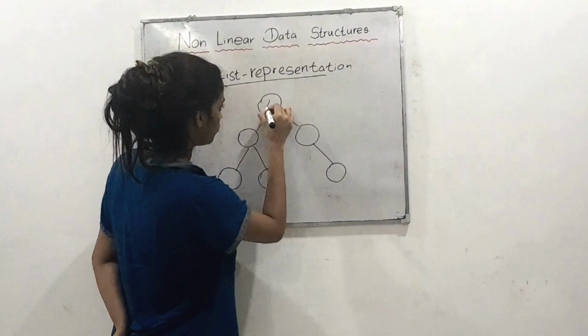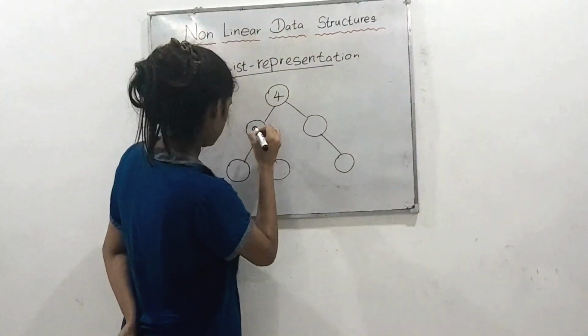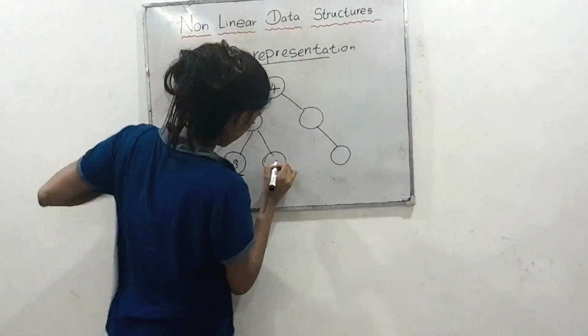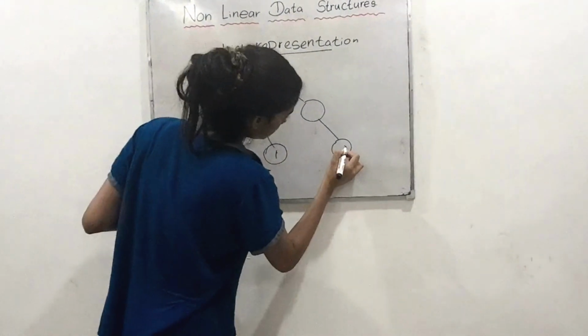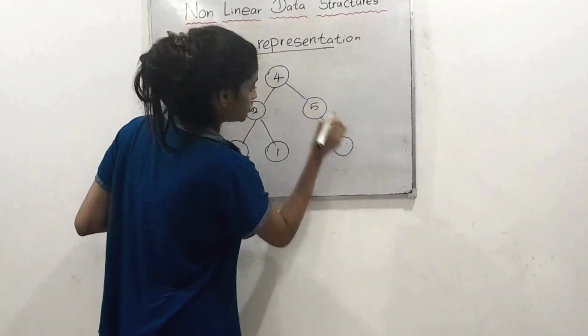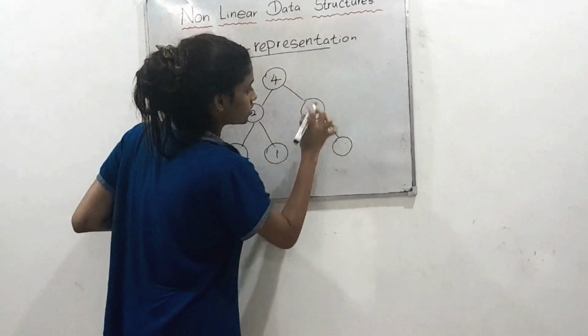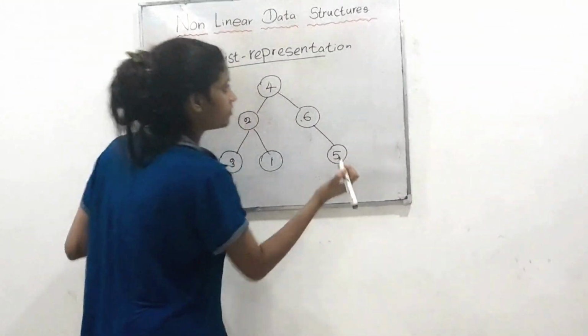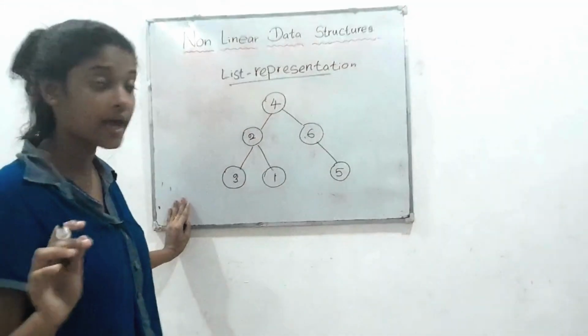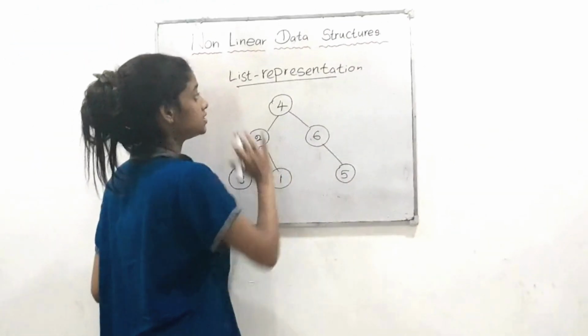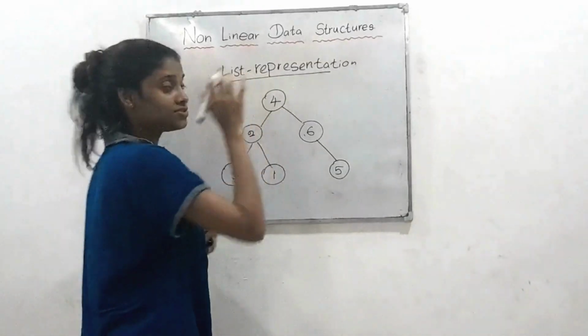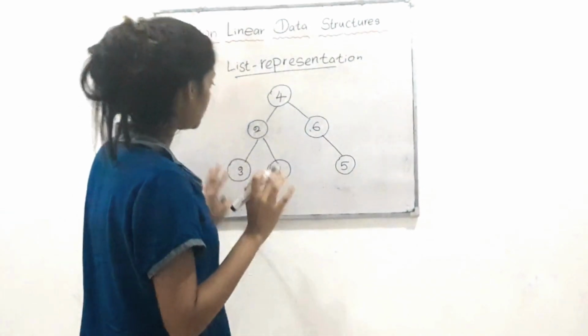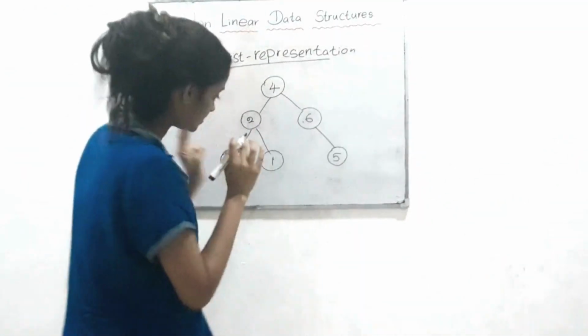Okay, 4, 2, 3, 1 and 6 and 5. Okay, when we have to represent this as list representation, we write this as